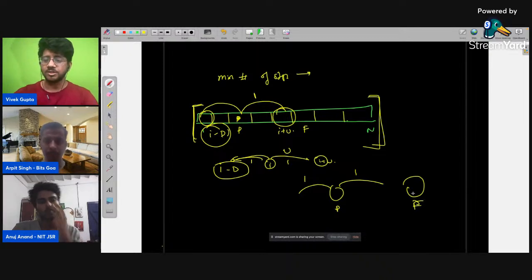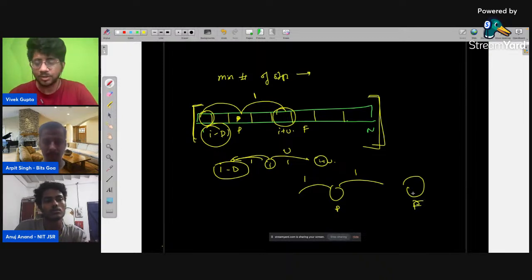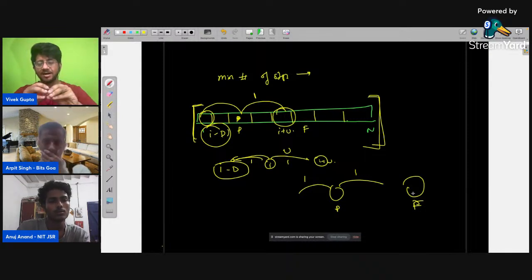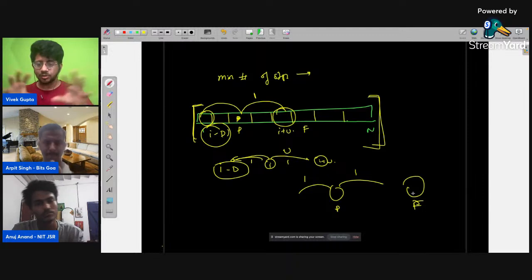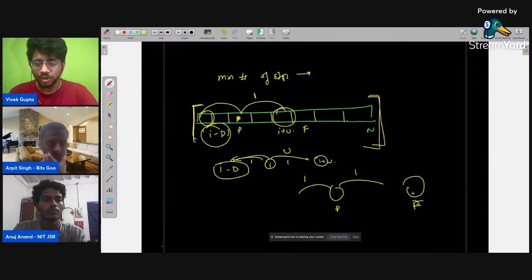Isn't this the problem for this problem? ये नहीं है क्या? Quick question. Exactly यही है ना question कि अगर आपने P से, अगर आप दोनों सारे like edges add कर दो हर node पे कि आप सामने जा सकते हो, पीछे जा सकते हो. Isn't it the shortest path problem from the node P to F? Yes or no?